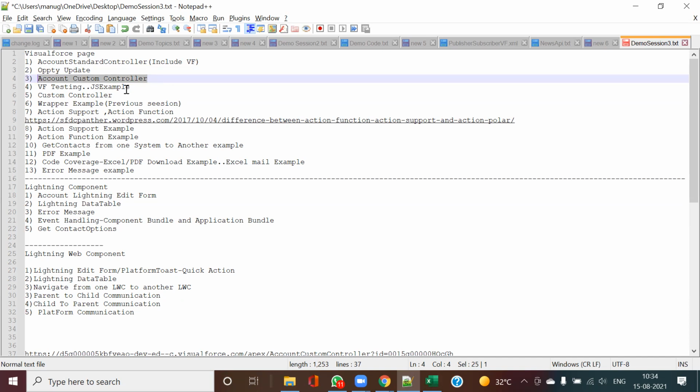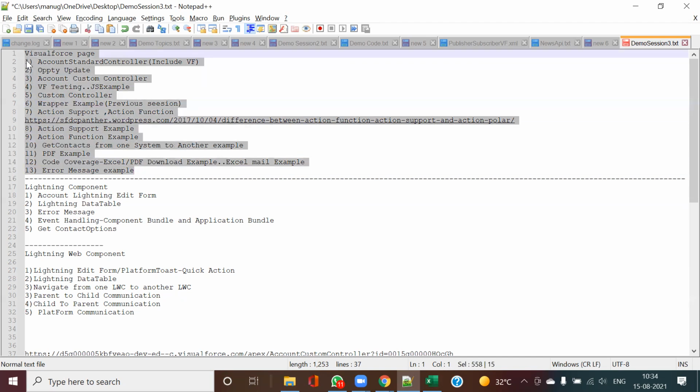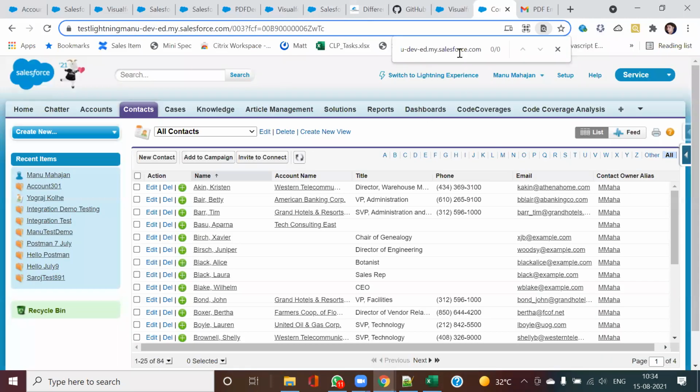Once that was done, then we went through the wrapper class example. Action function, action support we covered. PDF we covered. Excel we covered. Error messages also we covered. So this is all I covered with you.